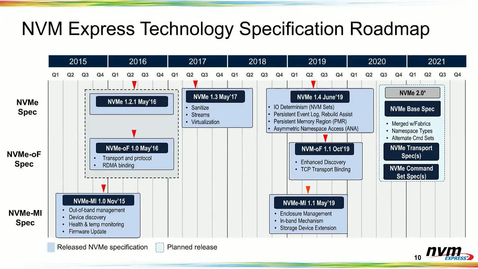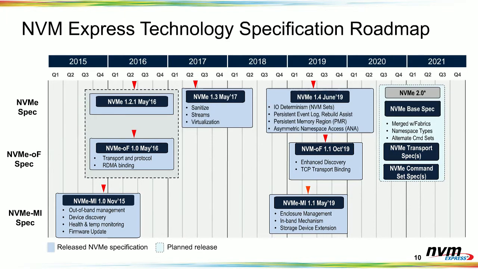Not have to have any membership stuff. So the big thing coming up is NVMe 2.0, and we're going to overhaul NVMe and refactor the specification into a base specification that contains all the commands, integrating some of the stuff that was in the Fabric spec, and then we're going to have multiple namespace types and command sets. There are different types of devices coming out, like zone namespaces for high capacity QLC. We have key values, and of course the block command set that's used today on storage. So NVMe 2.0 will really expose all that functionality.